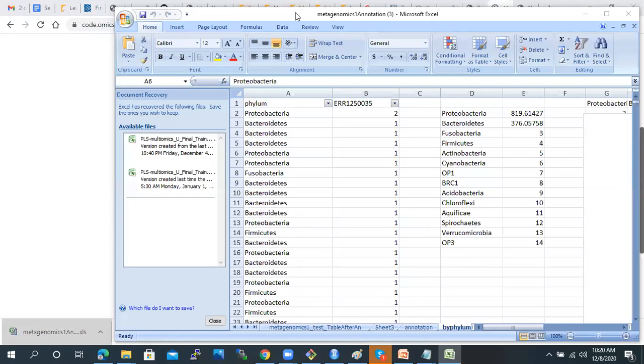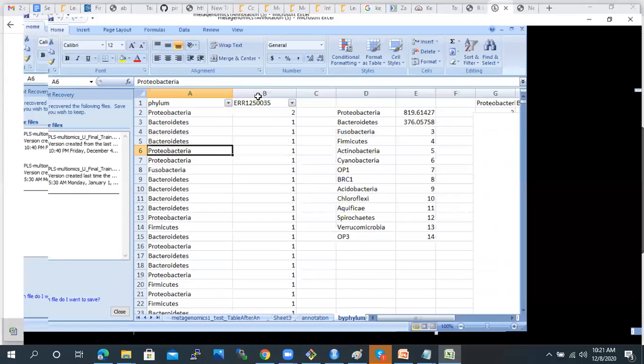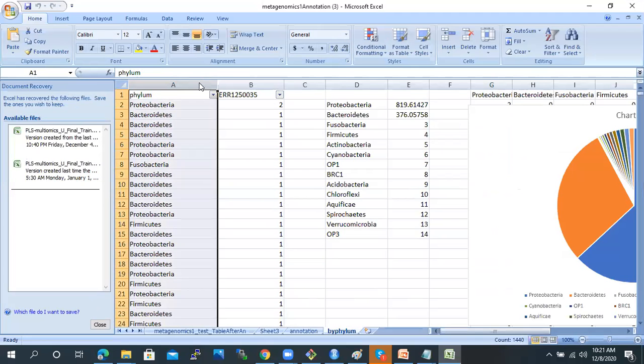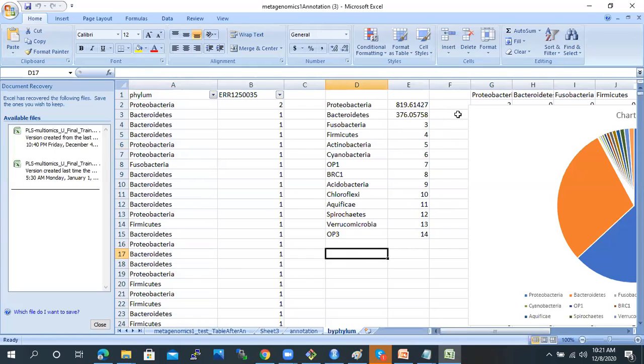So just let me show you exactly what this file contains. Here we have this particular sample. If you remember, when we ran our first metagenomics pipeline, we got this kind of table for this sample, right? So we just pasted it in Excel, then we provided how much of each of these abundances is computed. We calculated that, and in R that can be easily done with the table function. It will produce something like this.